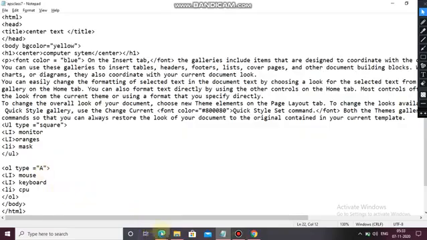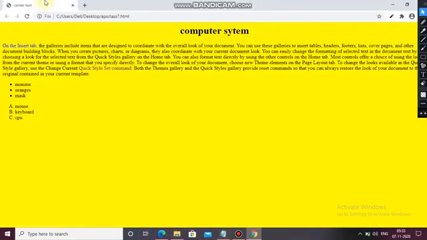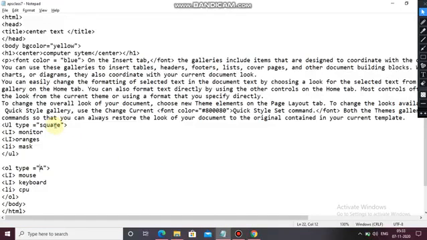Now Control S, and let's see here. You can see capital A, B, C and a square. Again you can change it. Here you can write disc, and here you can use Roman.